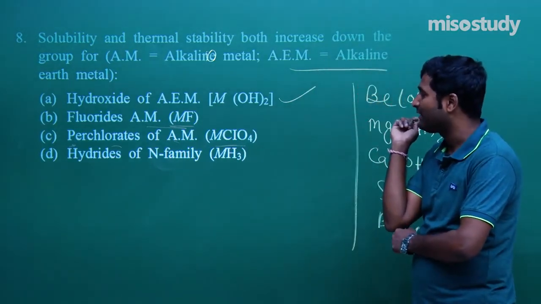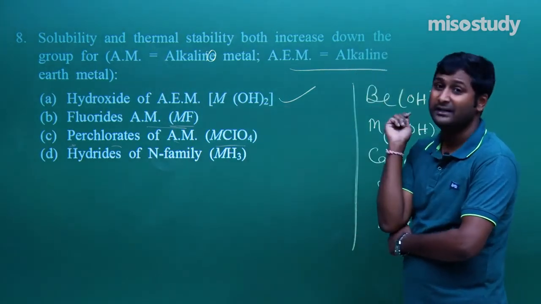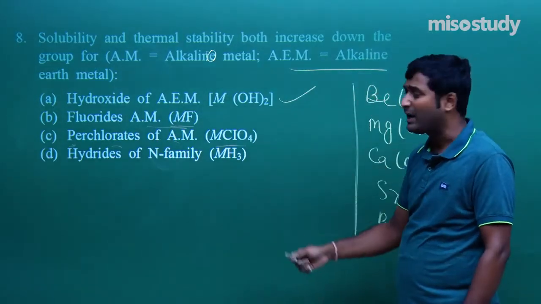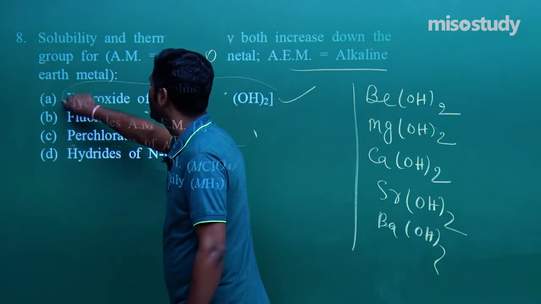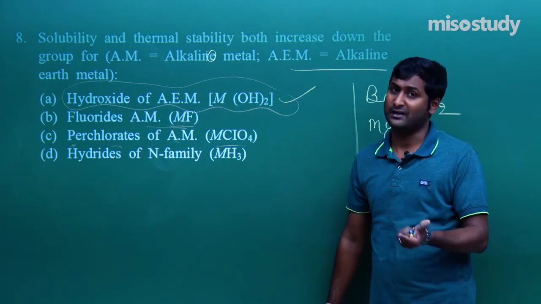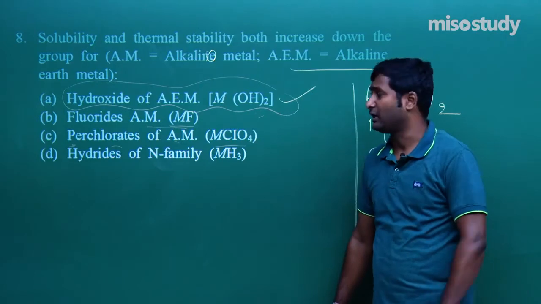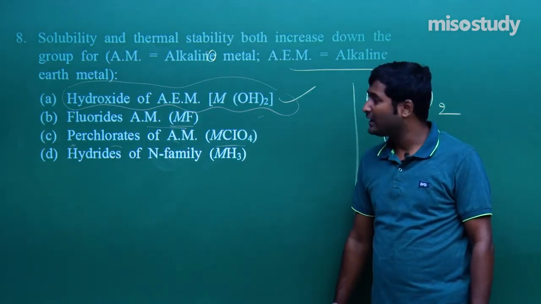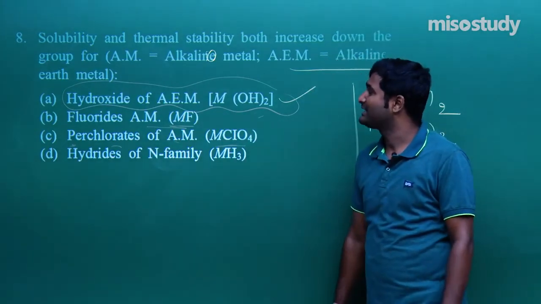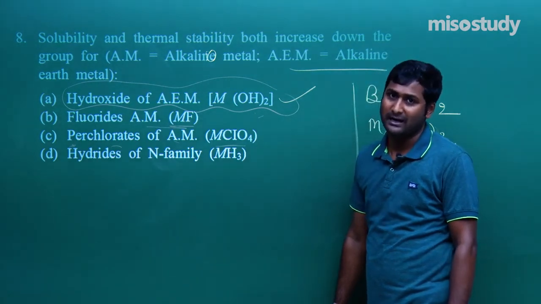Hydride of the nitrogen family, we do not need to check it out because we'll study this in class 12. Clear? So for this, that is hydroxide, this is one of the good questions. Why? Because this is some exceptional behavior. If you compare the hydroxides of alkali metals and alkaline earth metals, then you will find the contradiction. That is the different property. That's why I have taken this question from my wallet. Clear? So this is the order. The solubility and the thermal stability both increase down the group in the case of hydroxides of alkaline earth metals. Clear, friend?